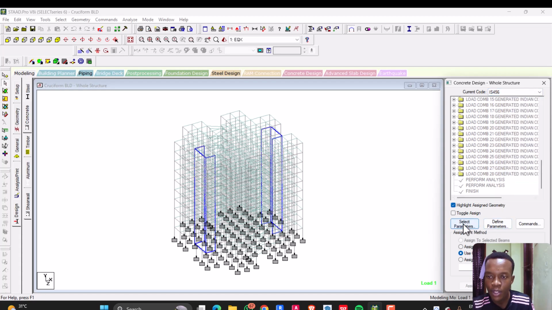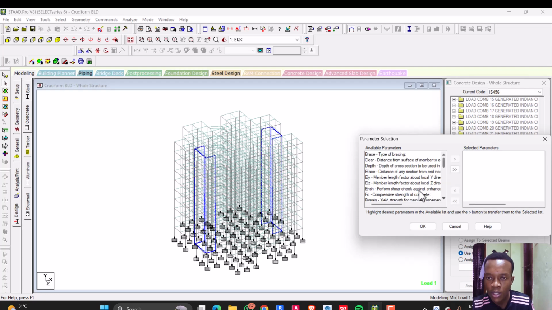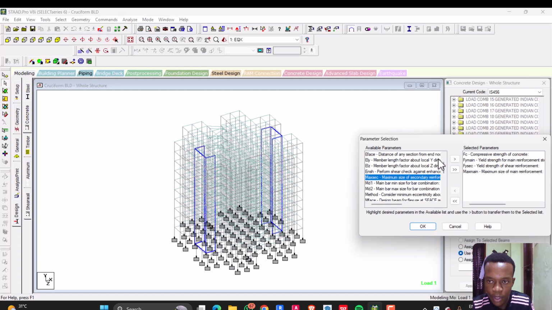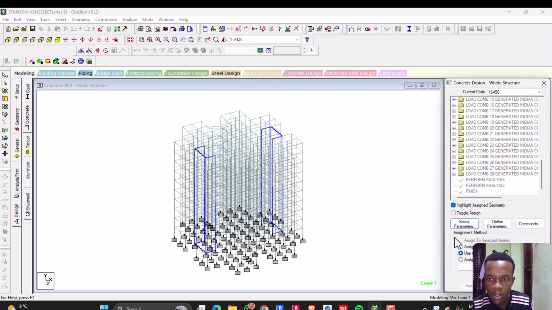IS456, then select parameters. Then first, we are going to use compressive strength, put it here, fmain here, fsec, then fmain here, maxsec here, md1 here, md2 here, then our min main here, our min sec here, then over there we're going to click OK, then